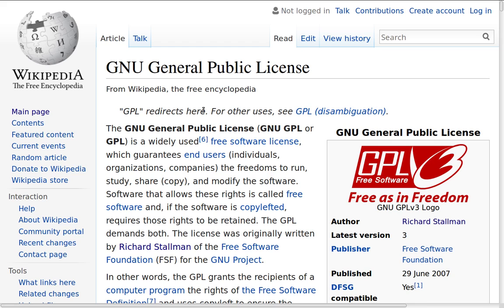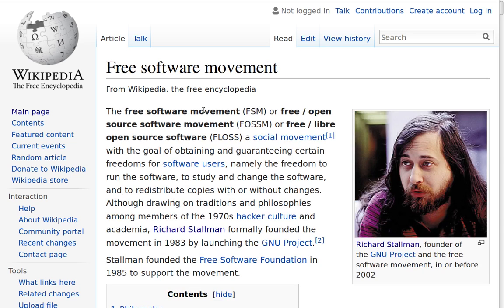Linux exists because of the GNU General Public License. This is a license that the Free Software Foundation published and made available to anybody who wanted to distribute software freely. The guy who came up with this idea is a fellow named Richard Stallman. Now, Richard Stallman, by every account, is a very weird sandwich, but he came up with a wonderful idea more than 30 years ago. Richard Stallman worked at the computer lab at MIT, and he was working on artificial intelligence